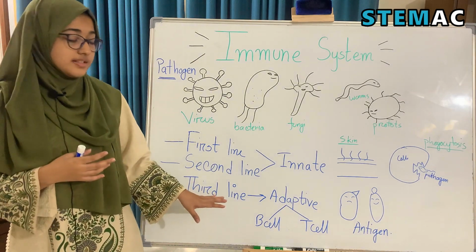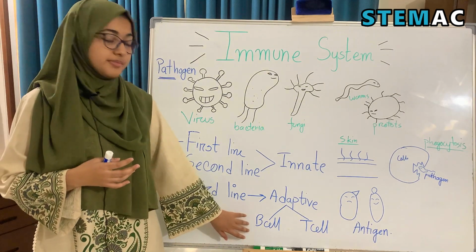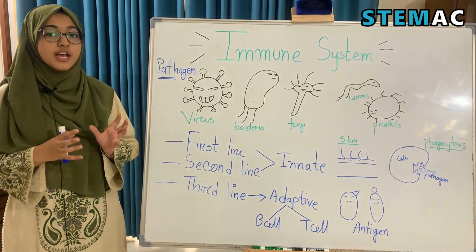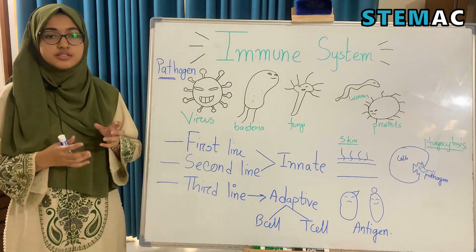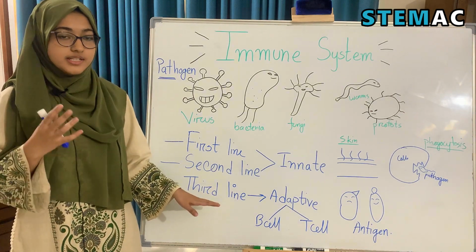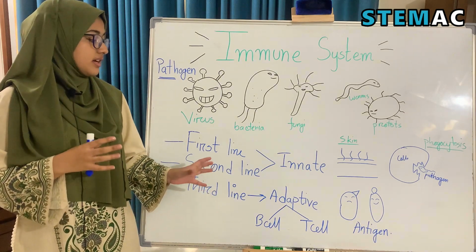So B cells generate memory cells, which means in the third line of defense there is a memory. If the pathogen attacks the body again, the third line of defense will remember it and will work